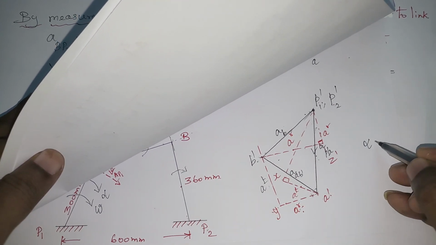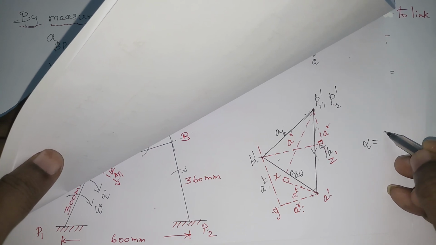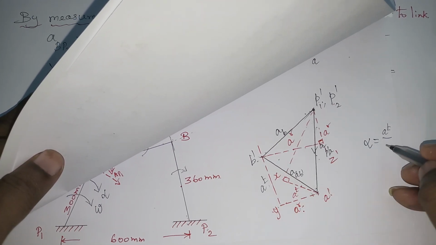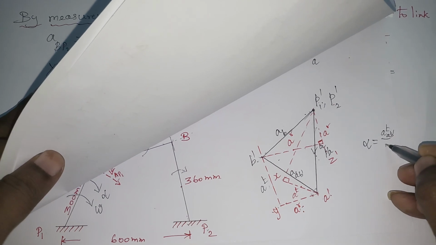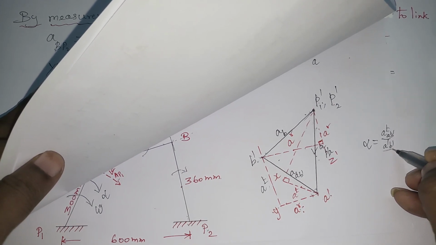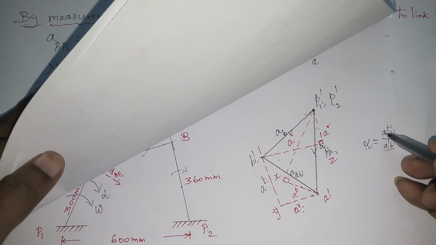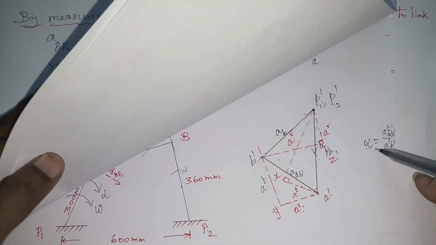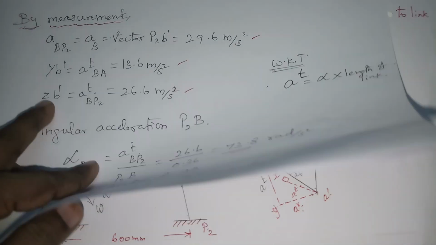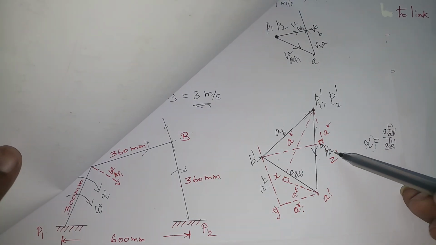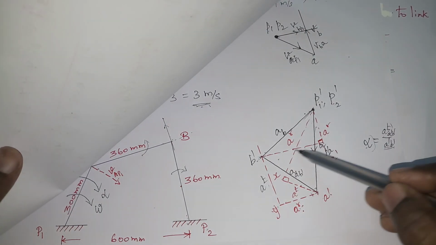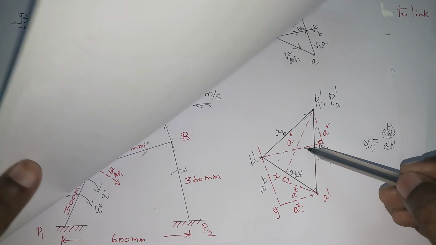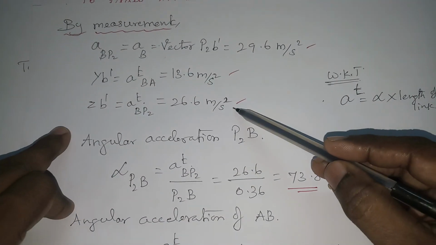For angular acceleration, the formula is A T divided by the corresponding link A dash B dash, the length of the link. So angular acceleration equals the tangential component. You have to measure the tangential value and substitute here with the length of the link. You will get the angular acceleration. Okay, similarly Z B dash. Z here and B dash. This is the tangential component and this is radial. Now again you measure this tangential component, so we find that Z B dash equals 26.6